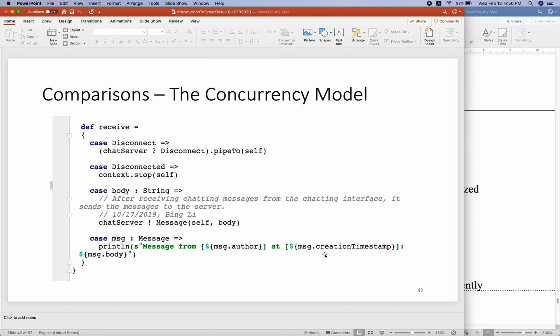You also need to know serialization to transmit those messages. You also need to know how to schedule all the messages, and how to assign them to all the threads, and all the threads should also be managed. It's very difficult to program. However, you can see in Akka, the code becomes very simple.